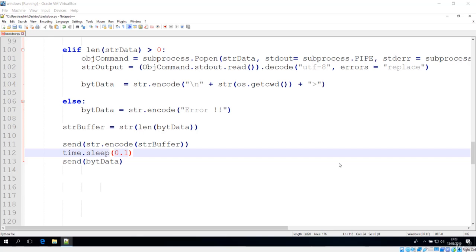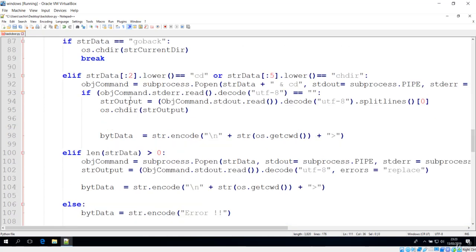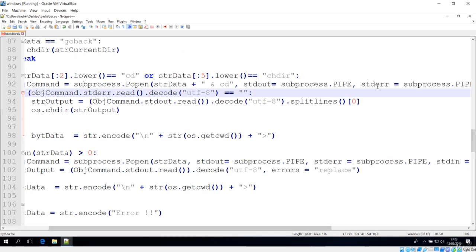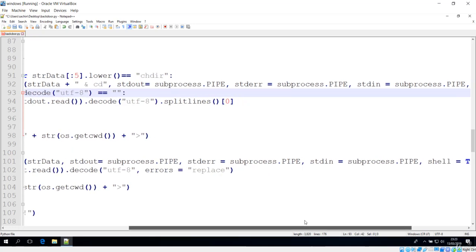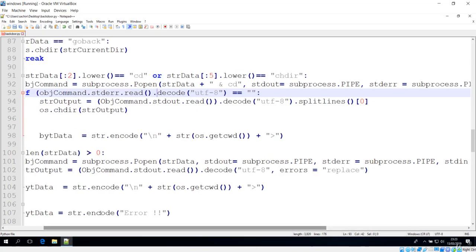Welcome to this lecture. In the previous lecture we completed the client, where we made this command to execute. You could see clearly we have made use of this popen function in order to execute this program, and over here you could see the standard out and standard error and standard in have the same argument, that is pipe. That means it should open the pipe for this command. And next over here is your read method in order to decode it, and basically we get that command and we just check for the output.